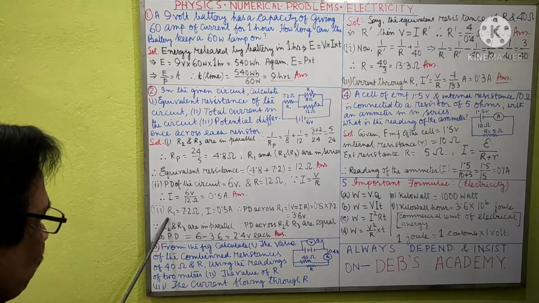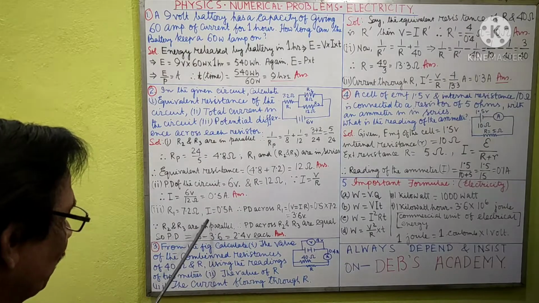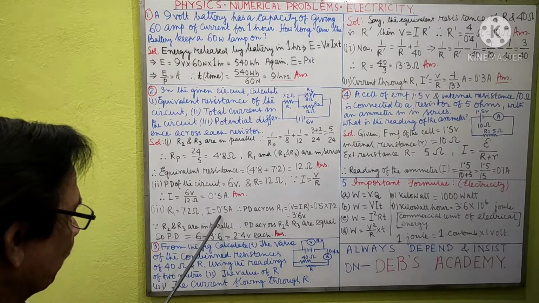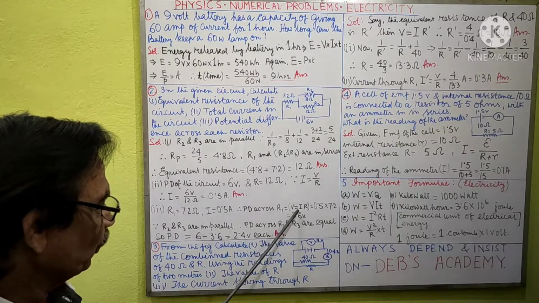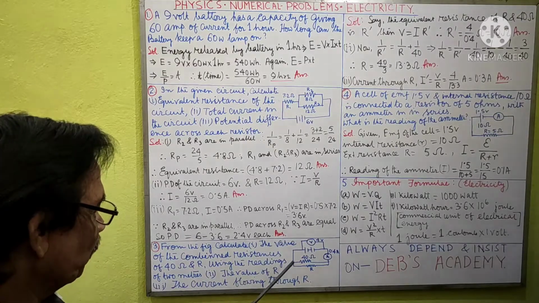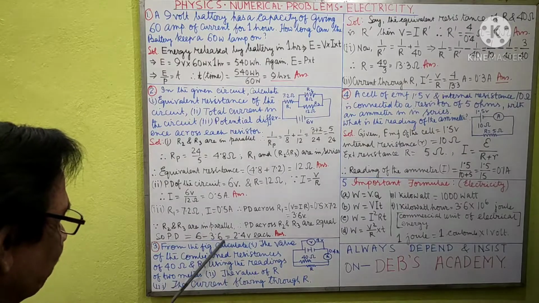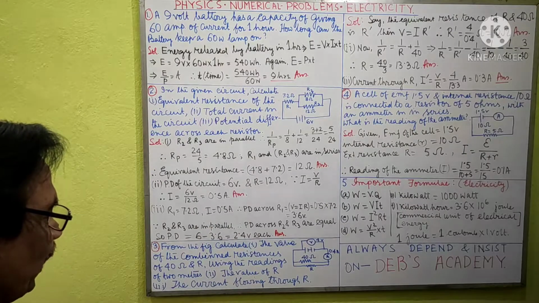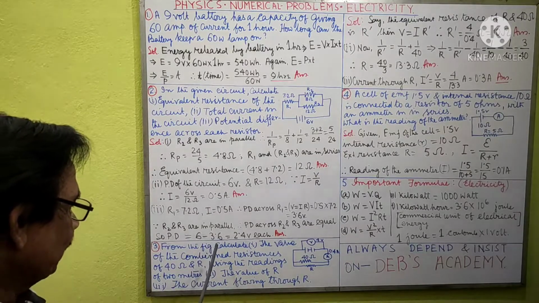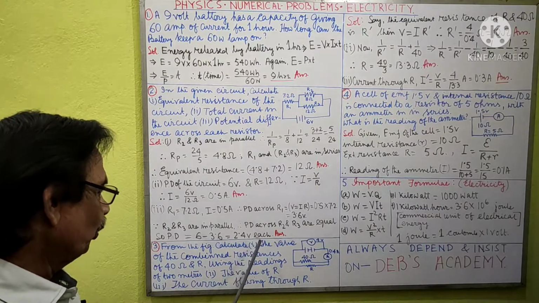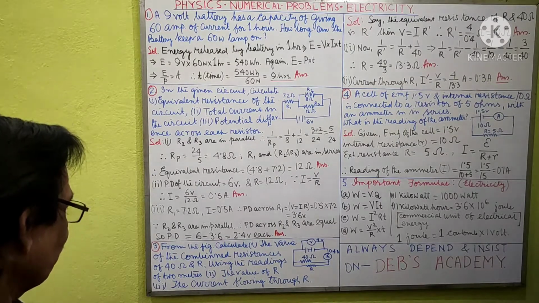Now R1 is equal to 7.2 ohms. It is given R1 equal to 7.2 ohms. I equal to 0.5 ampere, and potential difference across R1, V equal to IR, that is 3.6 volt. Now see that R2 and R3 are in parallel. Therefore, potential difference across R2 and R3 will be equal, which is 6 minus 3.6, that is 2.4 volt each. This is the answer. 3 answers are there, 1, 2, 3.